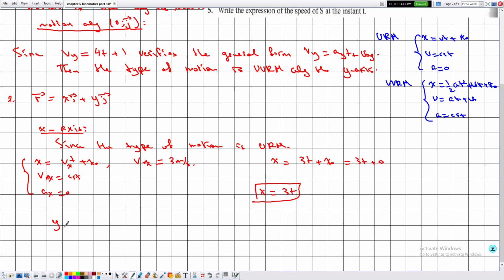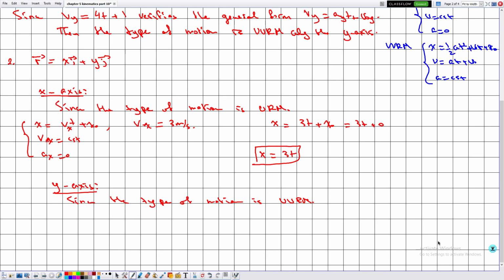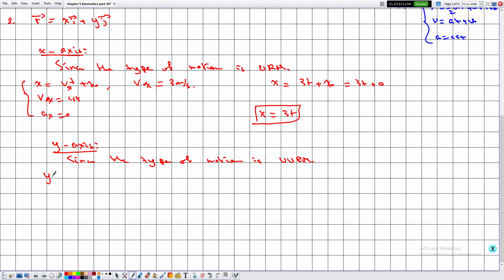Now as for the y-axis, since the type of motion is UVRM, then we can write the following equations that are given by y is equal to half Ayt square plus V0yt plus y0, Vy is equal to Ayt plus V0y, and Ay is equal to a constant, given that Vy is equal to 4t plus 1, then by comparison,